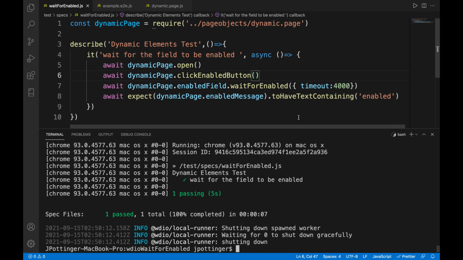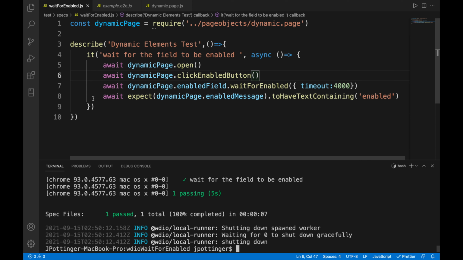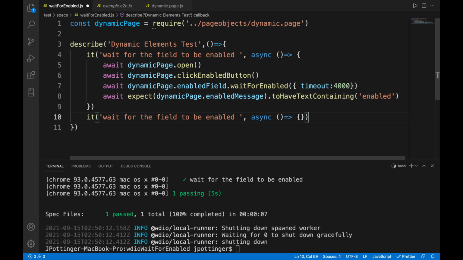If we click the button again, then the field should be disabled. So we're going to write a test for that. It's going to be pretty similar to the one that we have here. It's just that we are going to use the reverse parameter to ensure that it is waiting for disabled. So we have the same click enabled button,